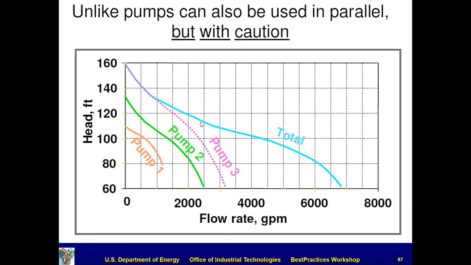Now, when you start getting down into here, say 130, 125, 120, well, pump number 2 can start to produce some. And so you have to take that portion of the curve, like say at 120, I would take this amount for pump 2, this amount for pump 3, add